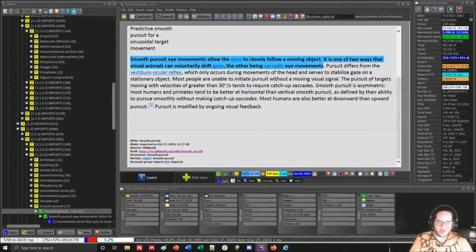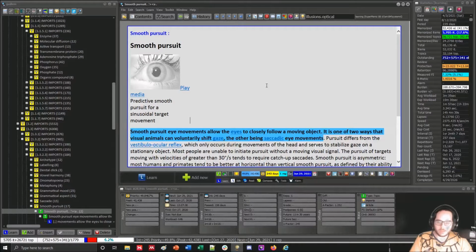In this video I'm going to show you how you can easily create new concepts and also link different concepts. Just as an example, because there are so many possibilities. Today I came across this item, which is kind of old. I imported this half a year ago. So I want to create a new concept called